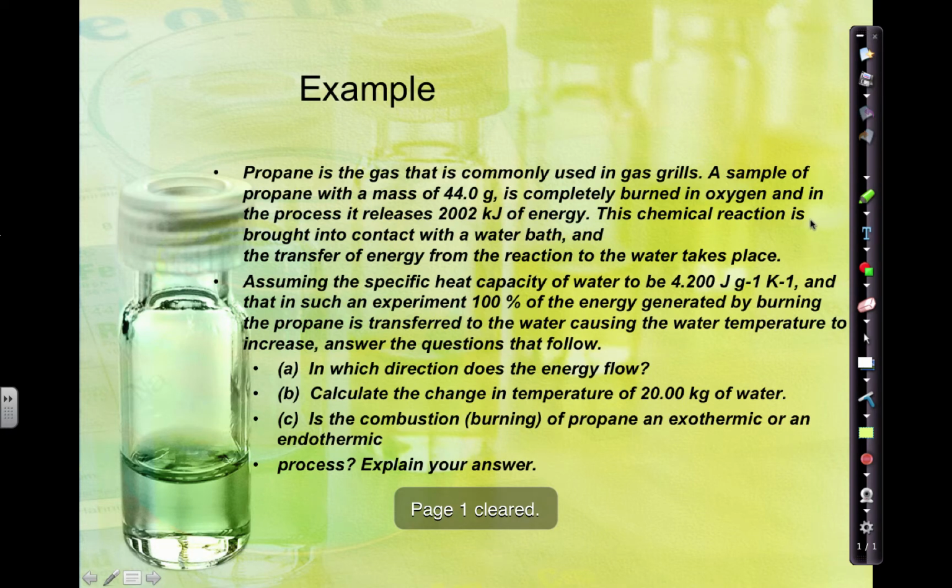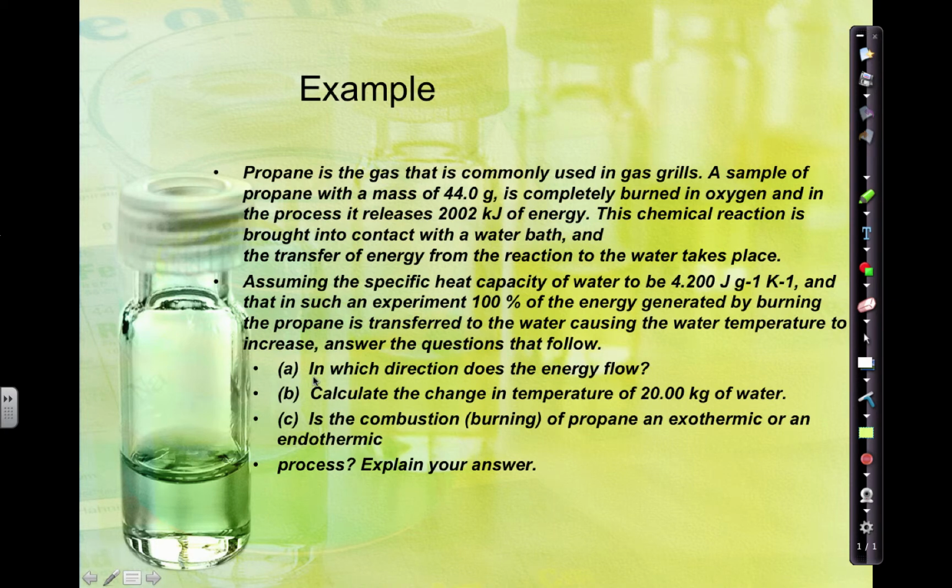So propane is the gas that's commonly used in gas grills. A sample of propane with a mass of 44 grams is completely burned in oxygen, and in that process it releases 2002 kilojoules of energy. This chemical reaction is brought into contact with a water bath, and there's a transfer of energy. Assuming the specific heat capacity of water is this, and that 100% of the energy is transferred to the water,